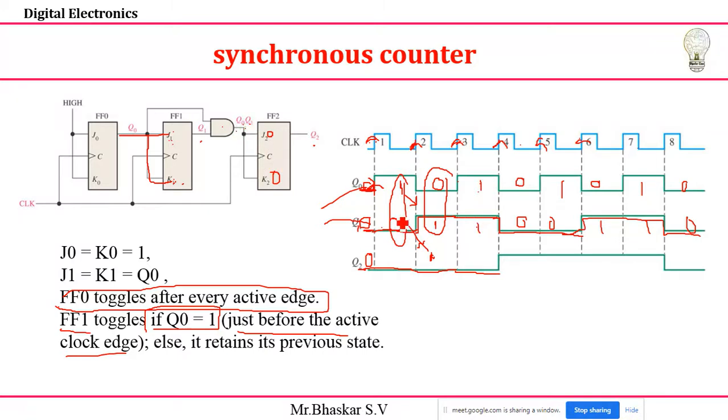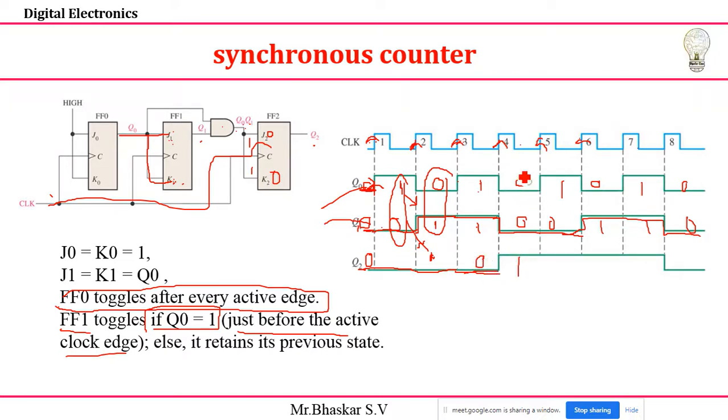But when we come to this edge, carefully observe that I have a 1 and 1. 1 1 is nothing but I'll get 1. So you already know that when my J2 and K2 values are 1 1, then it will start to toggle. This toggling and no change, everything takes place because of this clock. So it takes place with respect to clock edges only. Then here, carefully you see that my 0 becomes 1 here.